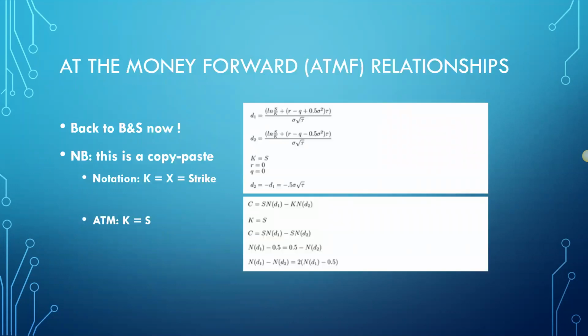So now that we've calculated the forward price, let's have a look at ATM relationships, but to be exact, I will call them ATM forward relationships, or ATMF. So basically, it's not exactly the ATM as given by the underlying, but the ATM given by the forward price. Really, if you trade 1 month away, 6 weeks away,